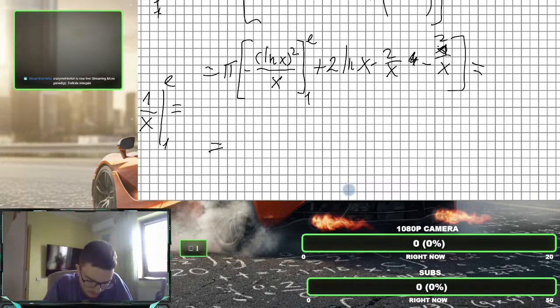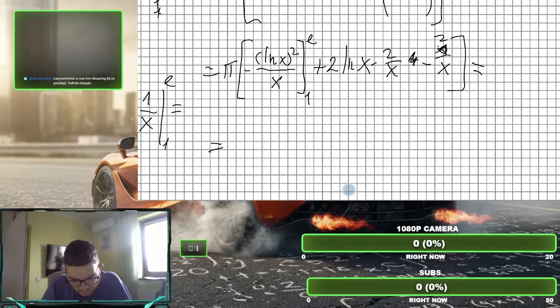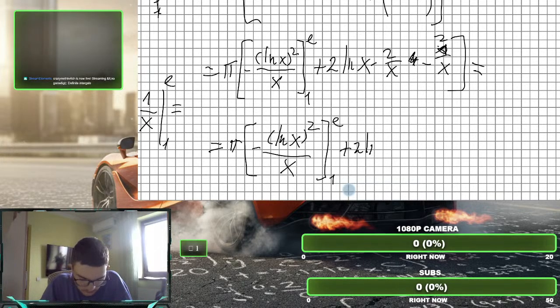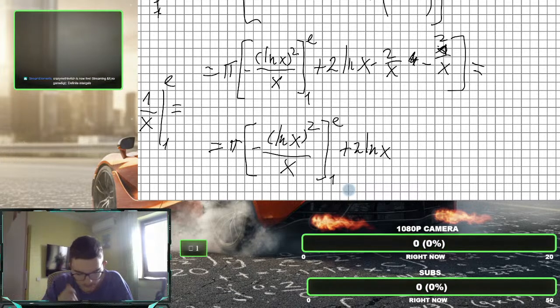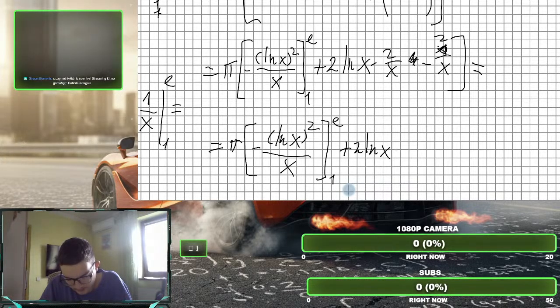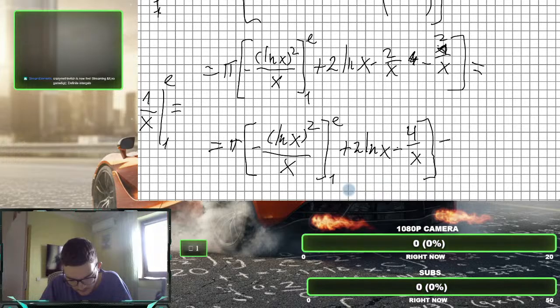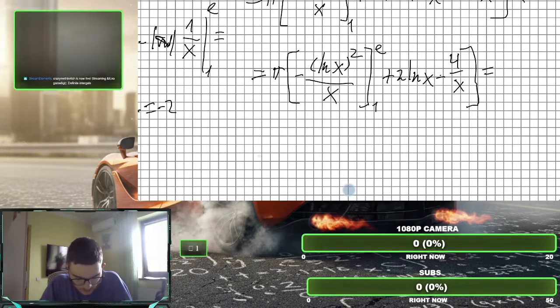I'll have equal here. I'm just going to write it like this for now, opening up parentheses, minus ln x to the power of 2 divided by x, parentheses again from e till 1, plus 2 ln x, and then I've got minus 2x minus 2x, it will be minus 4x, and close the parentheses. Now I just have to put the e and 1 instead and calculate,